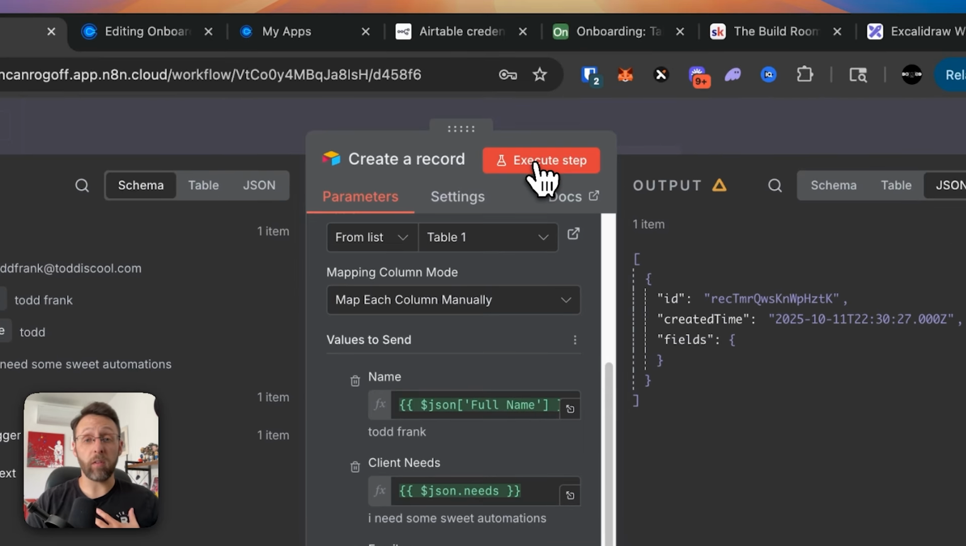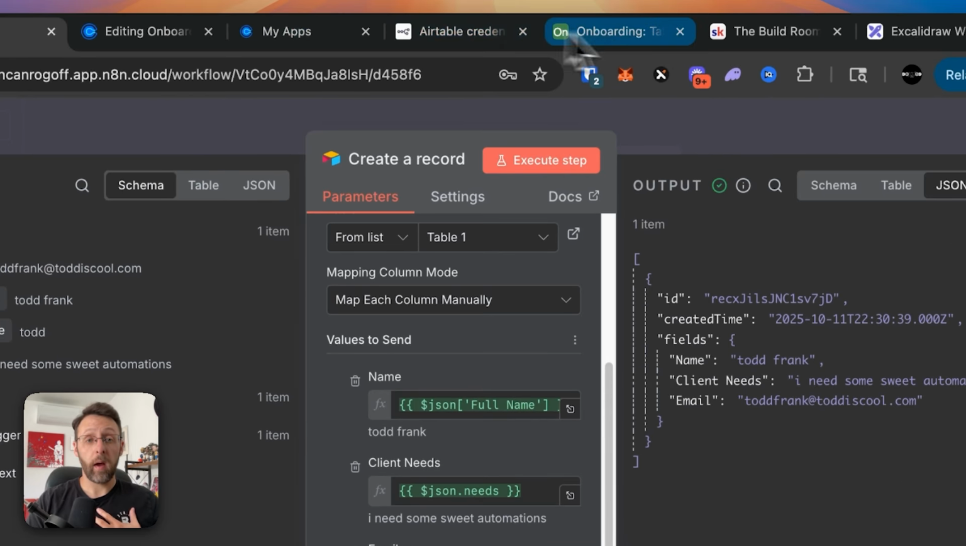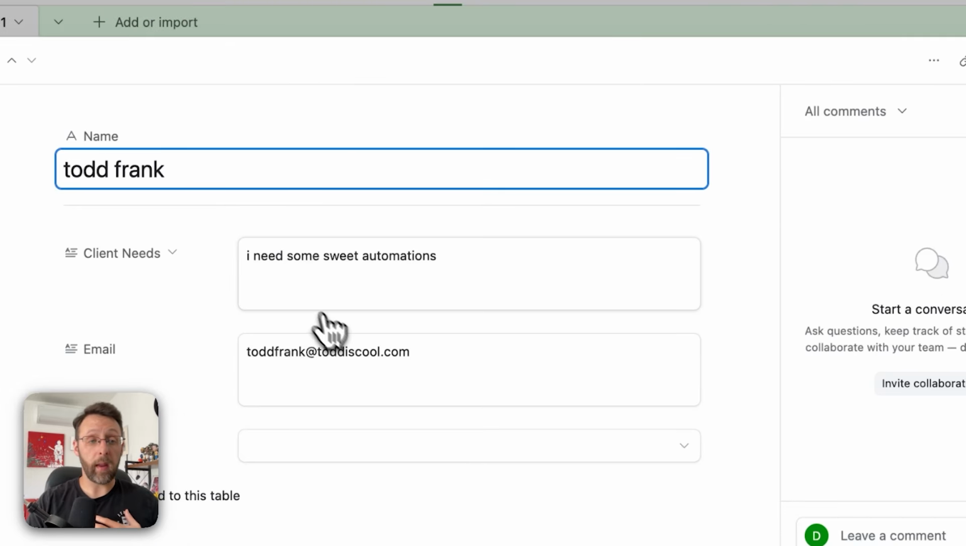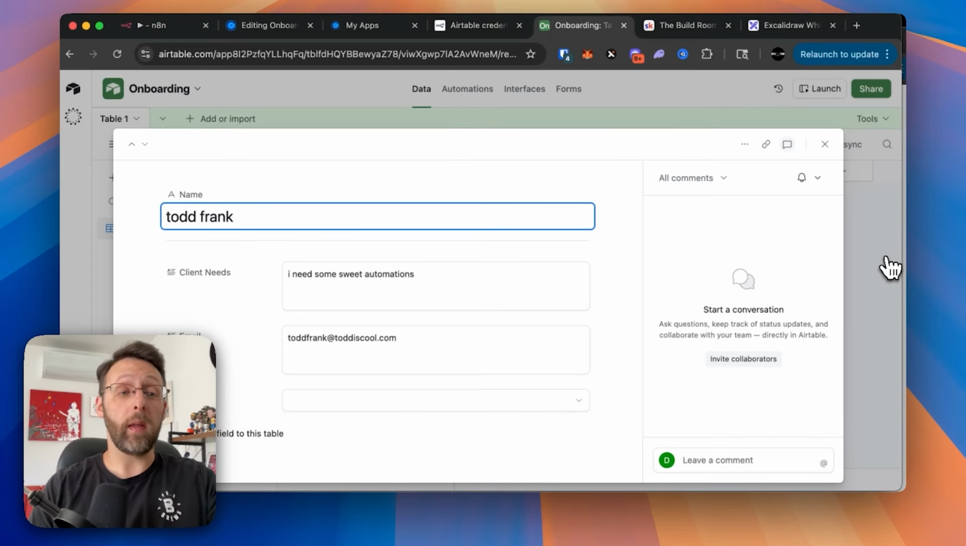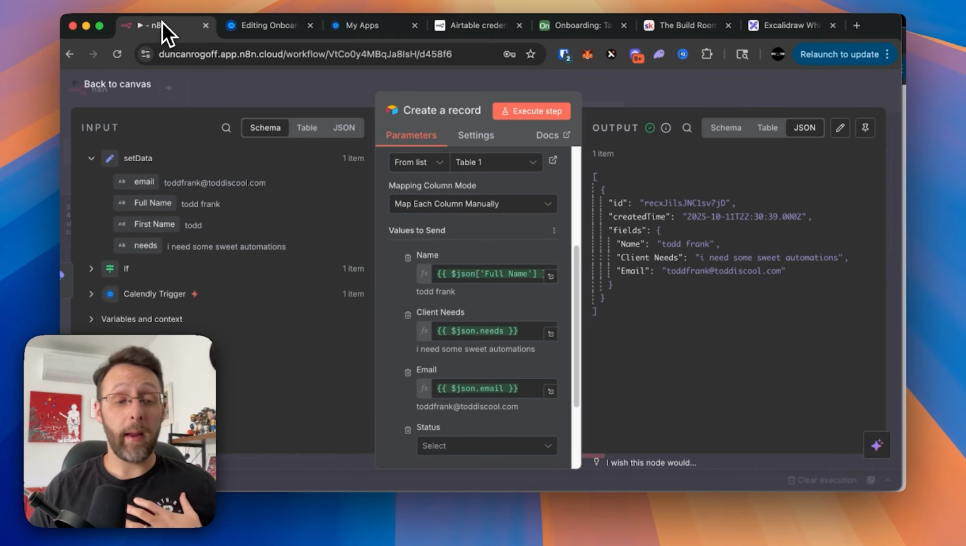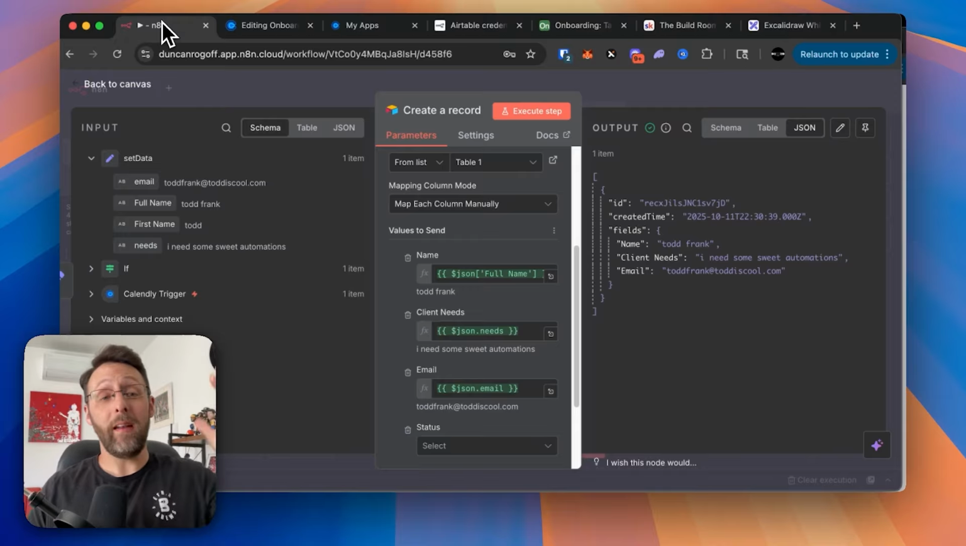And if I click execute step here, I can come back over into Airtable and you can see we've inserted Todd Frank into our CRM. Really, really easy. It has his name, his email, and the client needs. Excellent. So in under 10 minutes, you now know how to create a client onboarding automation anytime a meeting is